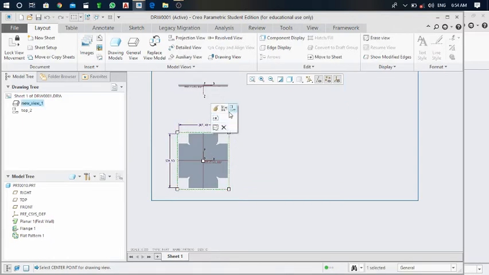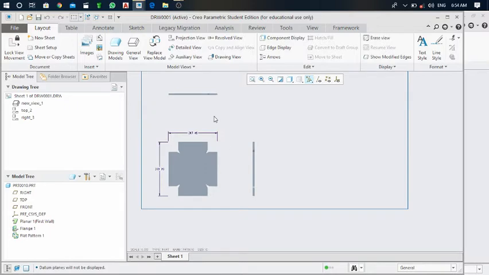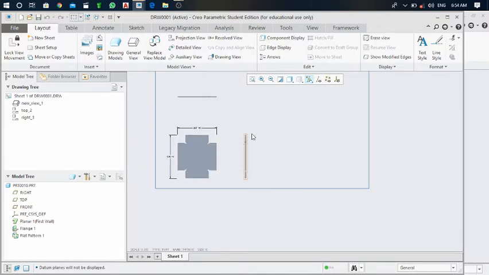Again click on this and click on this projection view, and this is the side view, right side view. Okay, and next go here, daytime display filters, and select all. Okay, and click aside. Here you can see.